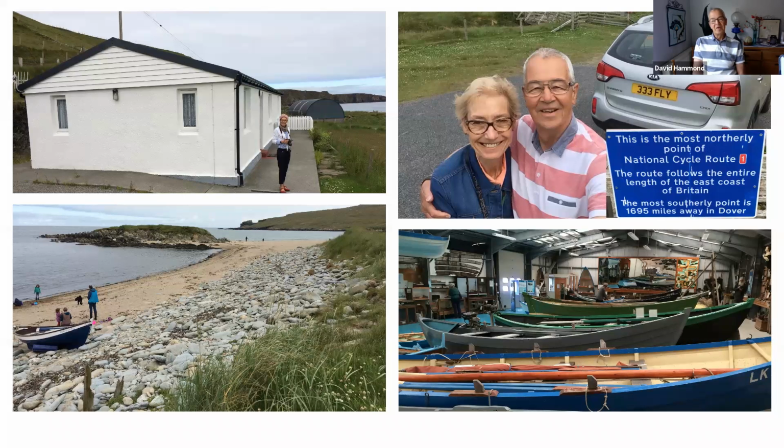And again, very rarely do you see many more cars there than two. So it just shows really that people who do come know what they're looking for, but there's not many of them. And down below is one of the best things on Unst in terms of history, which is the Heritage Boat Museum. It's superbly done, lots of history, lots of items to browse, very helpful staff, always happy to talk and chat to give you information, lots of archives, photographs,